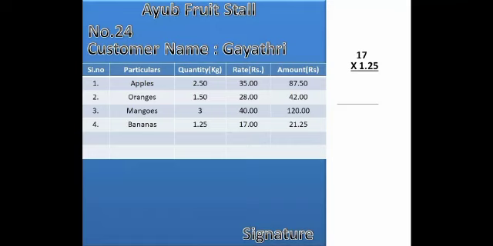So 5 sevens are 35. 5 carry over 3. 5 ones are 5 plus 3 is 8. So under units number, that is under 5, you will put a plus sign. 2 sevens are 14. 4 carry 1. 2 ones are 2 plus 1, 3. So under 5 and 4, you will put a plus sign. So 1 sevens are 7. 1 ones are 1. Now we'll add them.